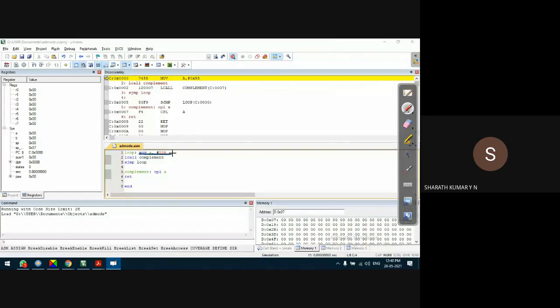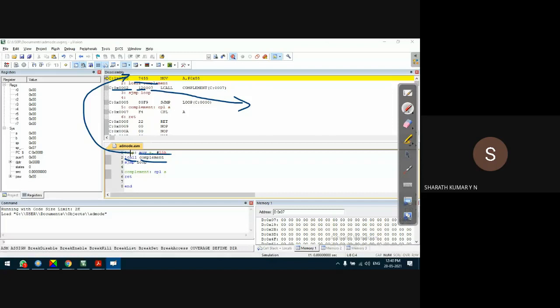First line, MOV A, same as earlier. The operational code is the same as earlier, 7455H. For LCALL, it is now replaced with the 16-bit address. LCALL is represented as 12H.